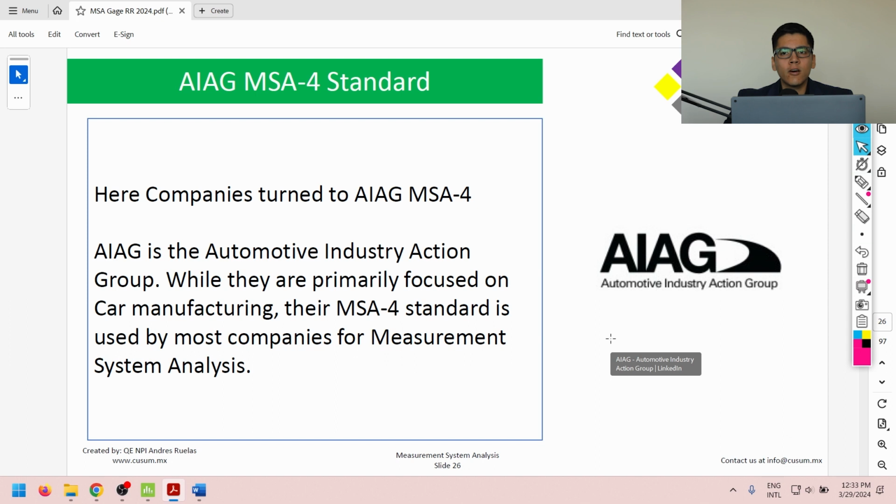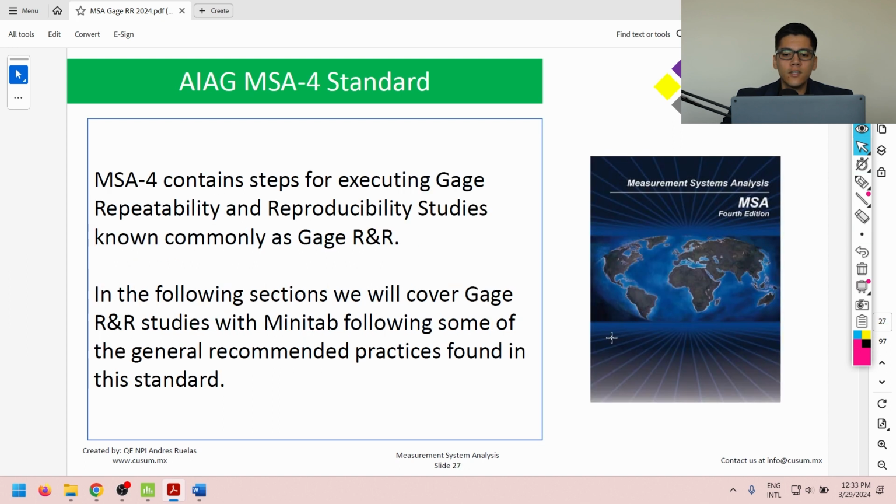AIAG stands for the Automotive Industry Action Group. While they're mainly focused on car manufacturing, their MSA-4 standard is used by most companies for measurement system analysis. Other standards do exist, but MSA-4 contains steps for executing gauge repeatability and reproducibility studies known commonly as gauge R&R. In the following sections, we will cover gauge R&R studies with Minitab, following some of the general recommended practices found